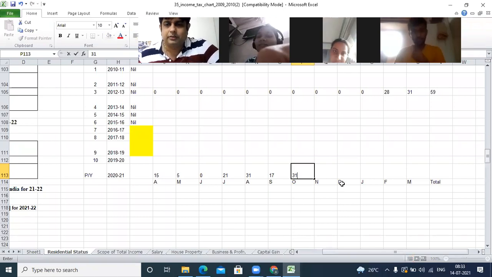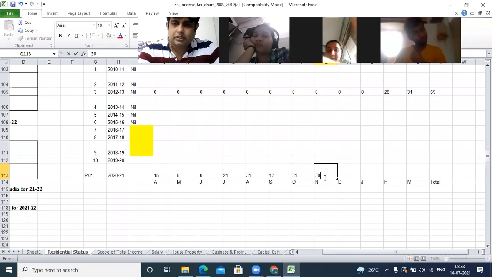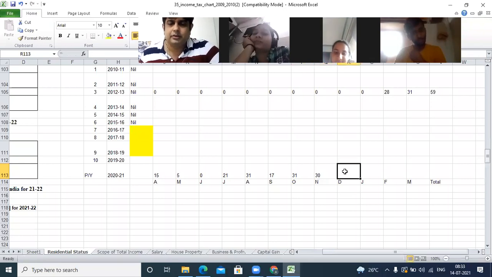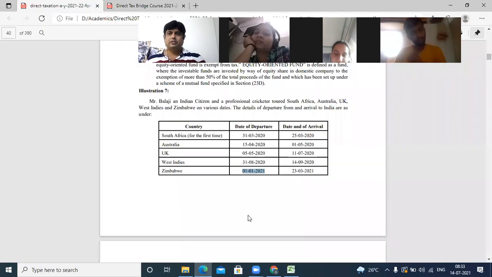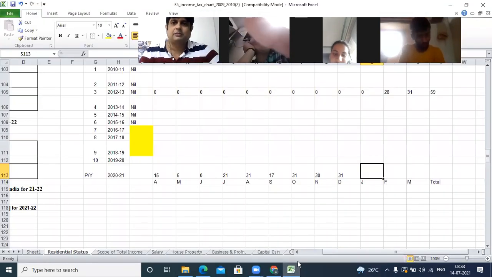31. November, 30. December, 31. Now January, 31. बस, फिर 30 कौन बोला? क्लास में रहता ना, झापड़ खाता था मेरा।